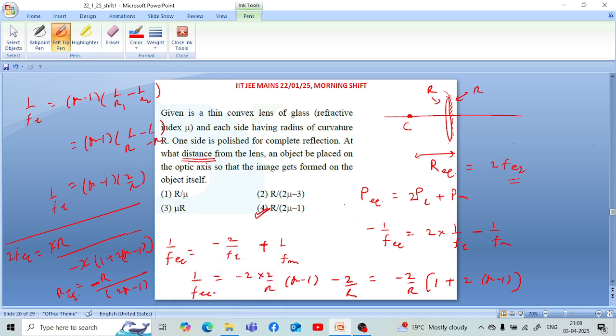यहाँ पे एक प्रॉब्लम पूछी गई है, इसमें कहा गया है कि एक थिन कॉन्वेक्स लेंस है ग्लास का जिसका रिफ्रैक्टिव इंडेक्स म्यू है, दोनों ही साइड्स का रेडियस ऑफ कर्वेचर आर दिया गया है, एक साइड को पॉलिश कर दिया गया है कंप्लीट रिफ्लेक्शन के लिए। इस लेंस से कितनी दूरी पर ऑब्जेक्ट को ऑप्टिकल एक्सिस पर रखा जाए ताकि इमेज जो बन रही है वो ऑब्जेक्ट पे ही बने, और 4 ऑप्शंस दिए गए हैं